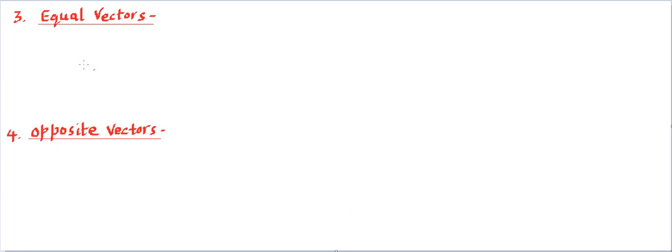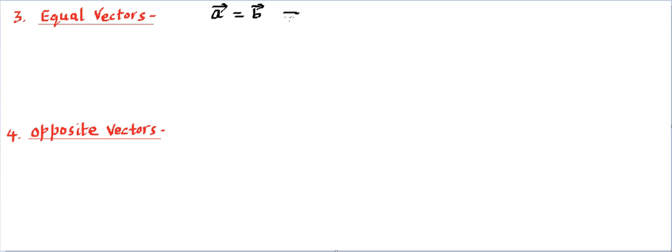The third type that has been mentioned over here is equal vectors. Now we are going to compare two vectors. In the first type and the second type, we talked about one vector. Now we are comparing two vectors, or more than two, and that also works. So for equal vectors, let's say we have a vector A and a vector B. The vectors are said to be equal if A vector is equal to B vector. That's so simple.